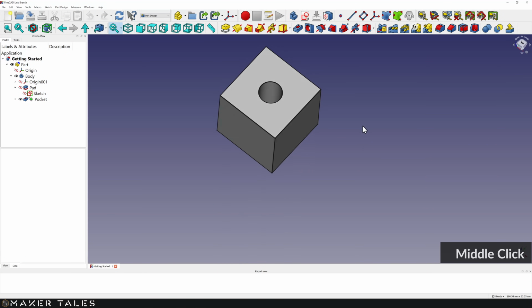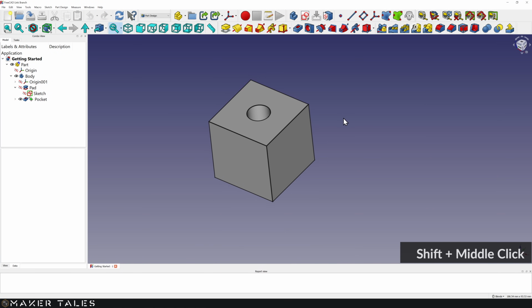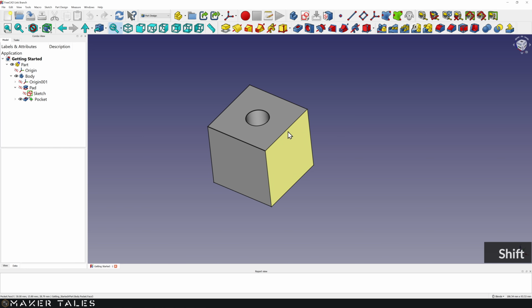And here we are with the end result of our first video. We have a fundamental understanding of what CAD design actually is. We know that we're not just using the normal version of FreeCAD, we're actually using a link branch version by Real Thunder. We know how to edit the UI, we understand workbenches, and we have a general understanding of how to get to this end result. If you don't have an understanding of all of that, I really suggest that you go to the first video before you dive into this one. Now let's go ahead and understand the Sketcher Workbench a little more.